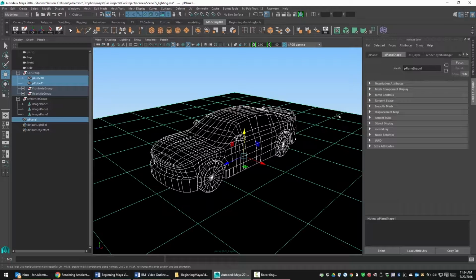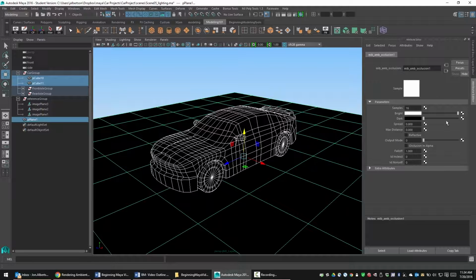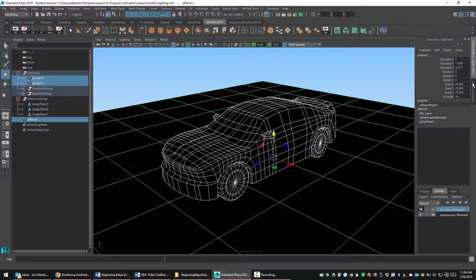All the materials have now been replaced with a new what's called a surface shader. And if I click the out color, you can see that this is actually the name of the shader. It's called the Ambient Occlusion shader. And what Maya has done is apply that surface shader to everything in that render layer. So if I go back to my render layer and go ahead and just run a quick render